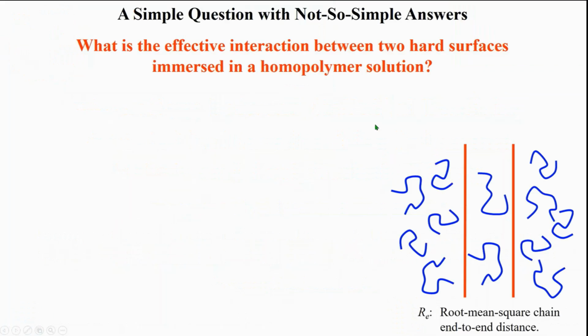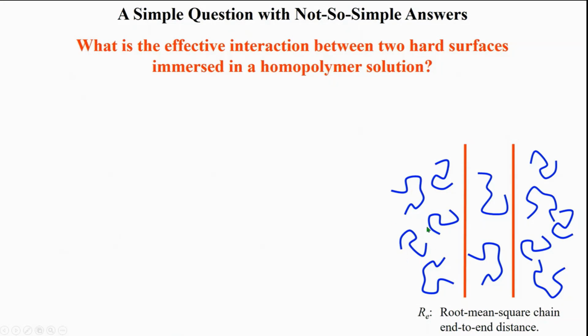Here we ask a simple question. What is the effective interaction between two hard or non-absorbing surfaces immersed in a homopolymer solution? These flat surfaces represent colloidal particles with a size much larger than the root mean square chain end-to-end distance Re. For simplicity, they are identical, homogeneous, and parallel to each other, and the confined system is in equilibrium with a